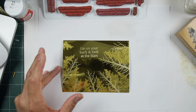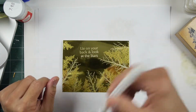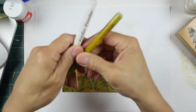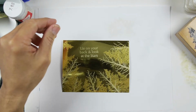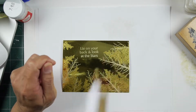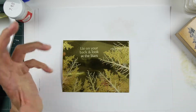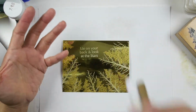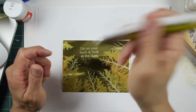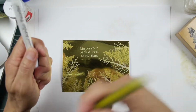So that being said, it's easy enough to go in with your paint pens like this. This is the gold pen that I just got. I haven't even used it before. Okay. And you need to really shake up your paint pens every time you use them. Unless you use it twice in a day, then maybe you don't have to shake it up the second time. But if you've gone 2 or 3 days even, you really need to shake it up so it gives you the most